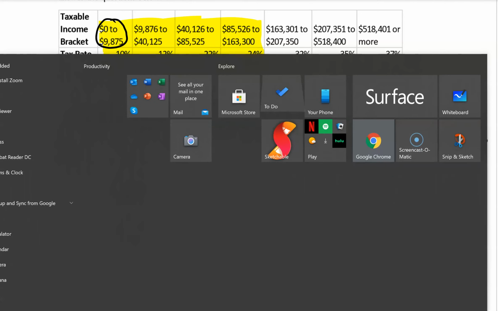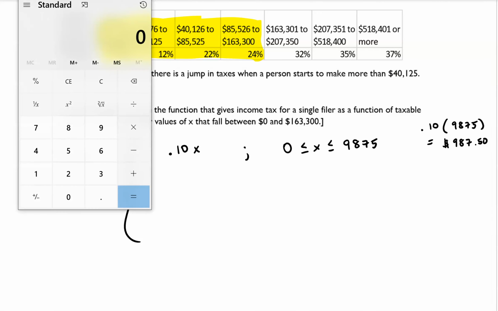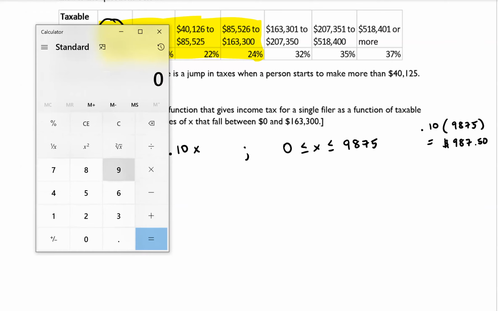If you don't believe me, you can open up a calculator. So we have 9,875, and we're taking 10% of that. So that gives us